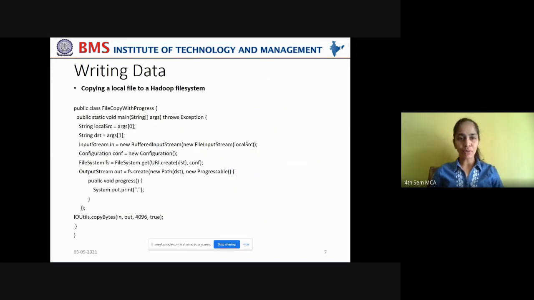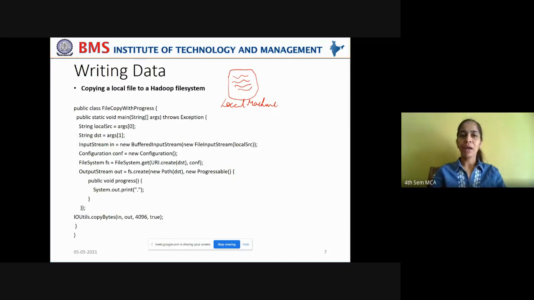Now let us see how to copy a local file to a Hadoop file system. Let me explain the scenario. Now you have a local file on your local machine. From this local machine, you want to write this file onto the Hadoop file system, onto a data node on the HDFS cluster.